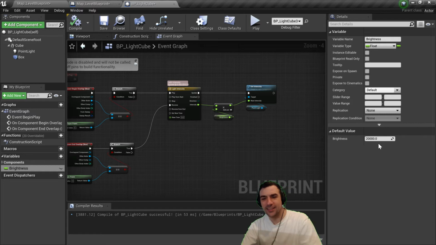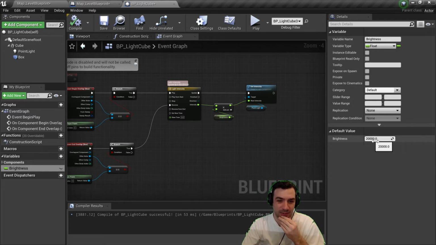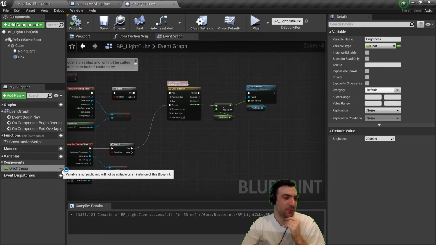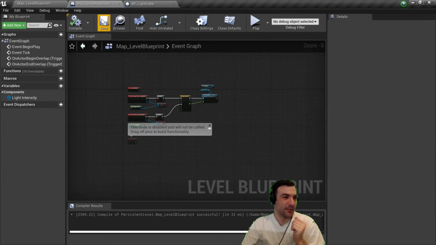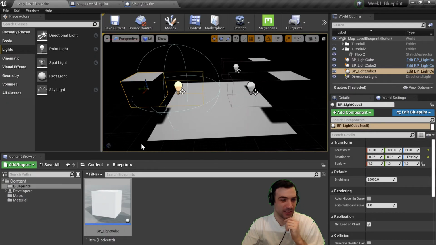Again, this is a little helpful, but maybe I don't want to mess with this too much. I don't want to go in here every time, and this doesn't target a specific thing. So what we can do is go to this eye icon next to the variable, and it says variable is not public and will not be editable on an instance of this blueprint. Turn it on, the opposite. It is public. It is editable. And if I compile and save,